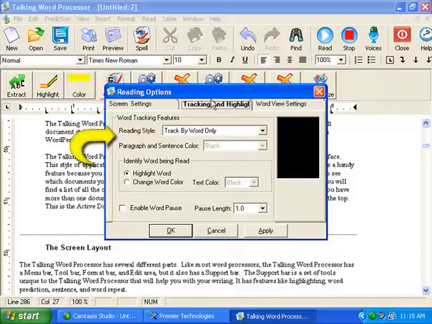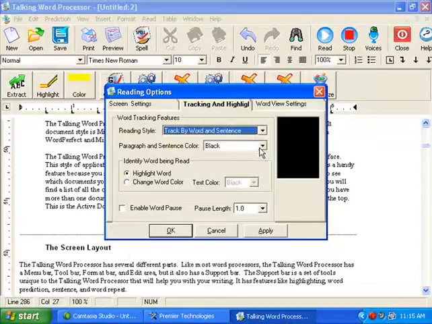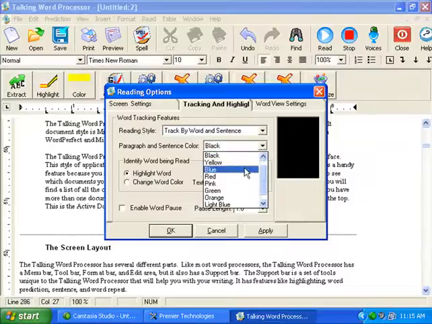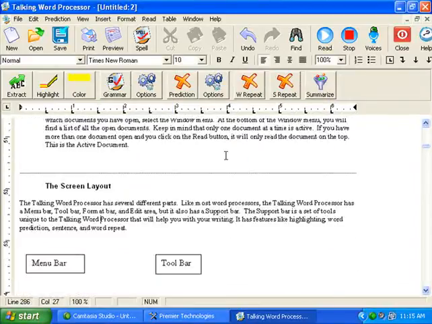Another really handy way of reading is I can highlight a paragraph at a time as the word goes by. And so I can go track by word and sentence, and I can make that blue, and I can also change that word color, say to yellow. And let's go ahead and